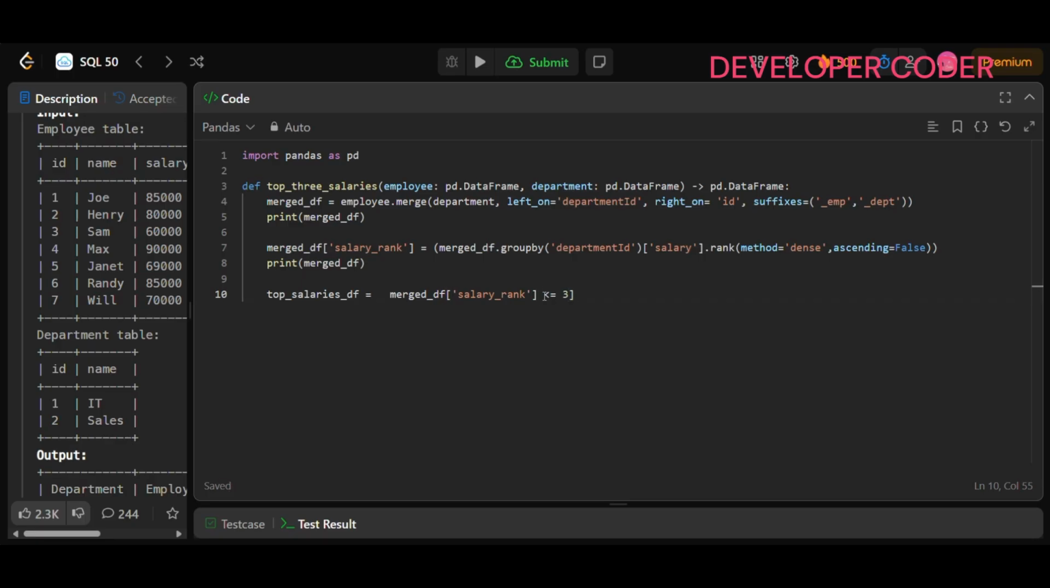If this condition is true, only then I'm updating this merge_df. Inside this merge_df, now I have all the values in which salary rank is less than or equal to 3. All of these I'm passing in this merge_df, and everything is stored here in top_salaries_df. So here if I just print top_salaries_df,